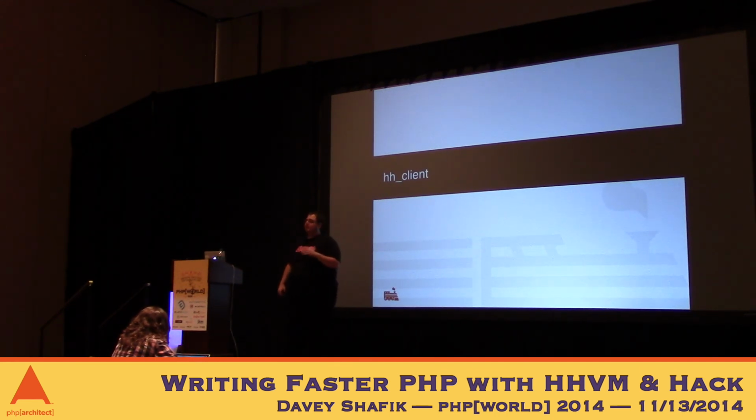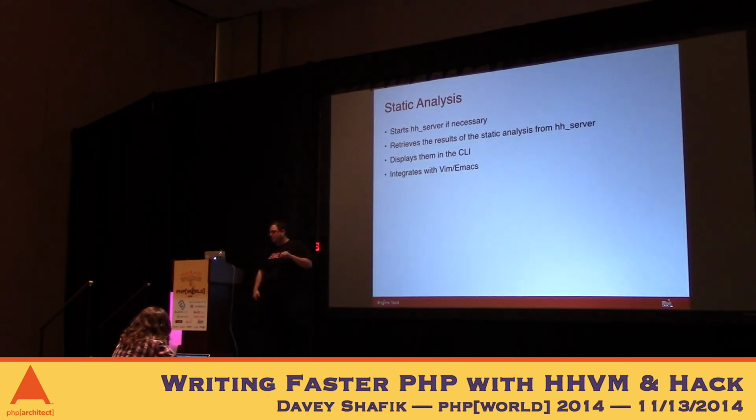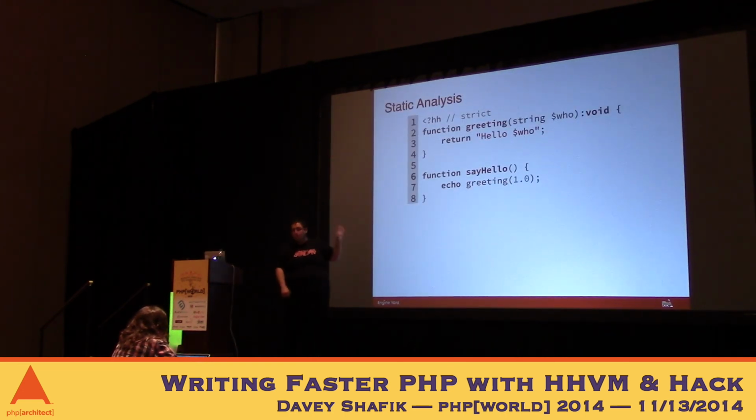So I actually tried to hack it into PHP Storm, because they have PHP code sniffer support. I was like, well, if I can output JSON, I can really easily parse that and transform that into the PHP code sniffer output, and hopefully it would be able to read it. But PHP Storm just blew up when I put the HH tag in, and it wouldn't work on the parse side without it. So that's a shame. But that's how the static analysis looks. So let's take a look at what that looks like.